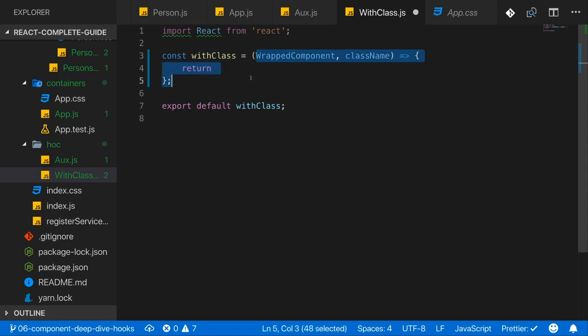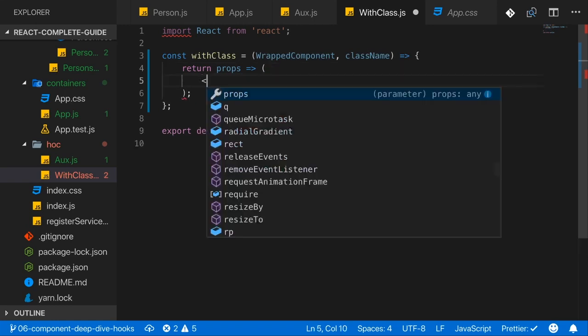We have a function, and that is a normal JavaScript function, not a component function, because we're not getting props here, and we're not returning JSX, but instead I'm returning yet another function definition, and that is now the function definition of a component function. So here I'm getting props and I'm returning JSX, not yet, but soon. This here is a functional component. So in the end, I have a function that returns a function, and the function that I return is a